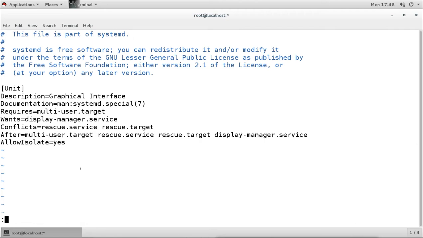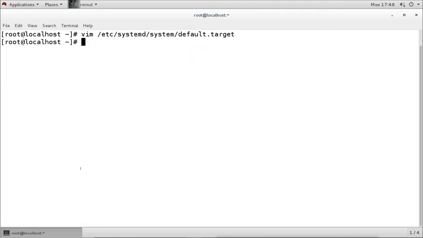Now systemd checks this default.target and gets that this is graphical, but sometimes when it checks this, it says command line also.